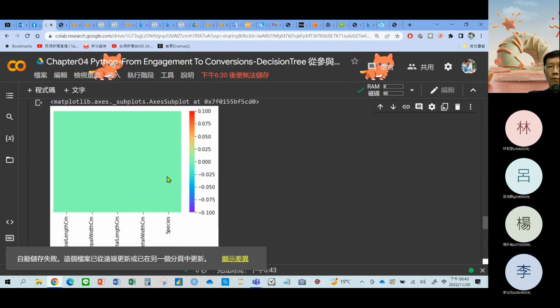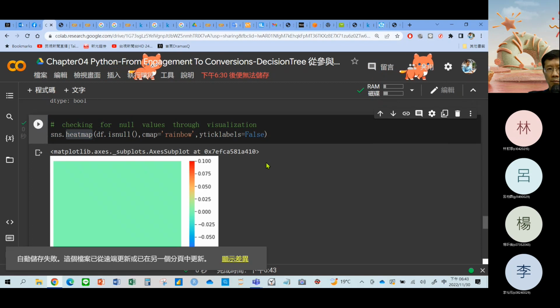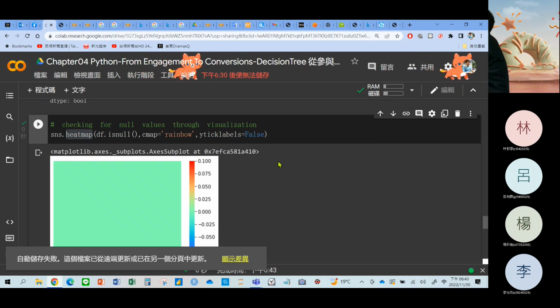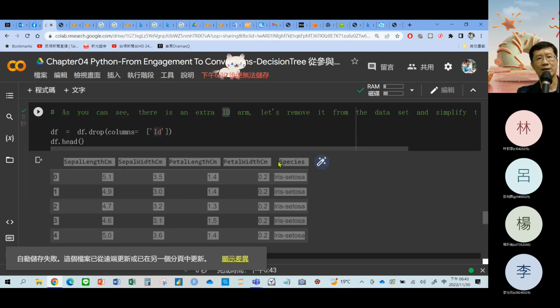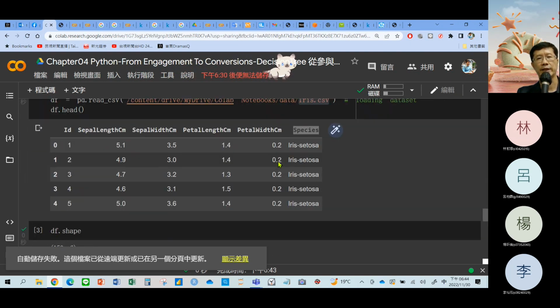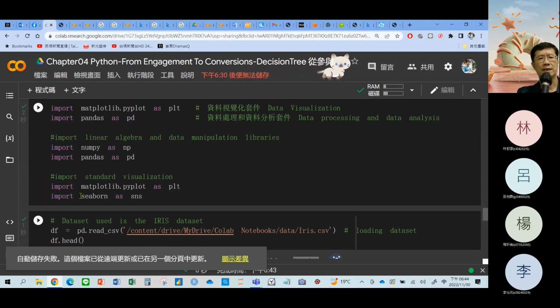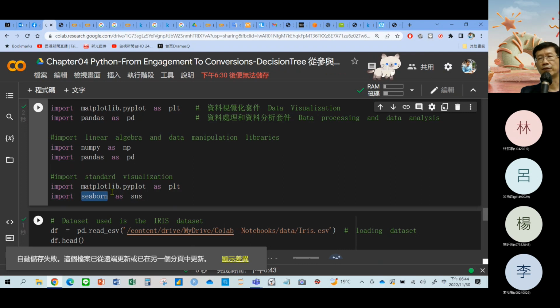Okay, so we also can use a visualization plot for missing values. And this function is provided by SNS. Can any student tell me what SNS means? SNS 是什么？还记得吗？You can go back to the import section, where the first section we imported Seaborn. 这个是另外一个 visualization 的软体。